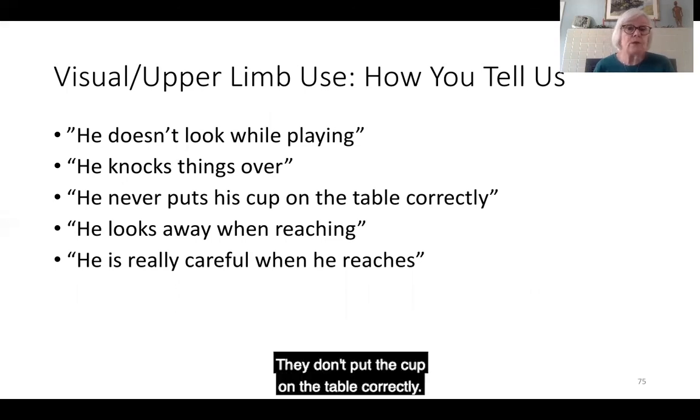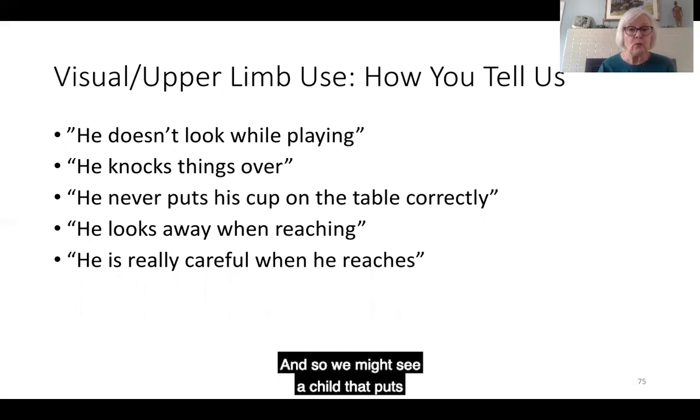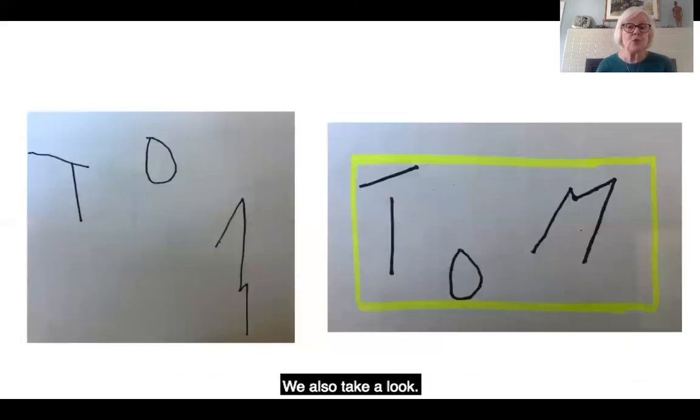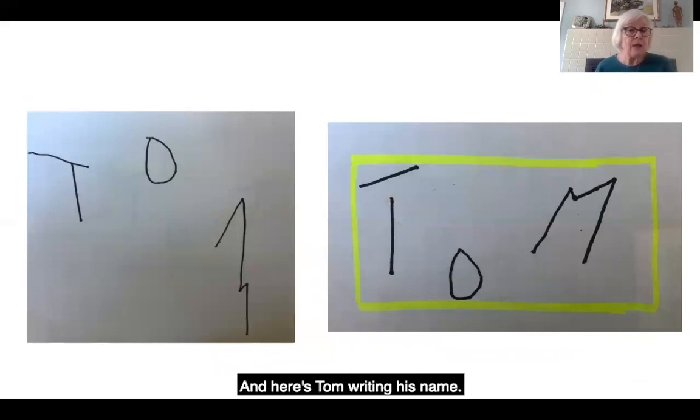They knock things over. They don't put the cup on the table correctly. They're spilling all the time. They're looking away when reaching, or they're really careful when they reach. And so we might see a child that puts a cup on a table like this that's just going to fall right off. We also take a look if the child is writing, we ask them to write first,